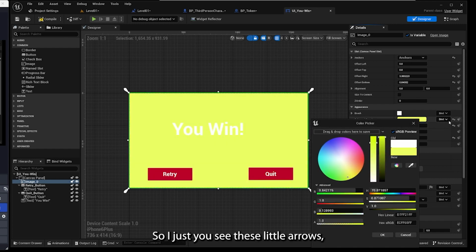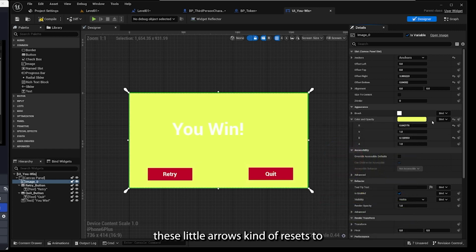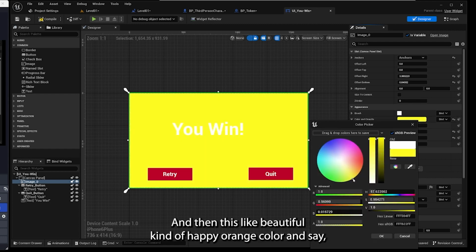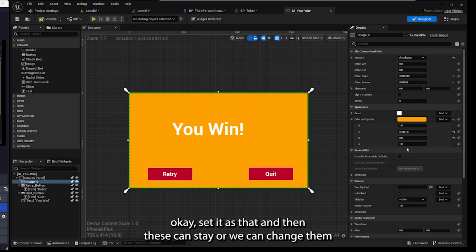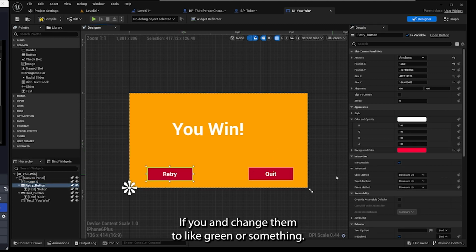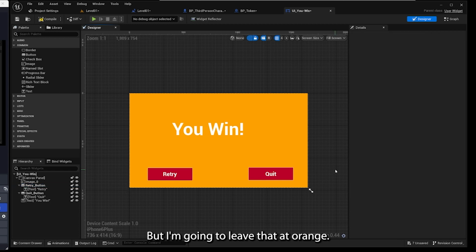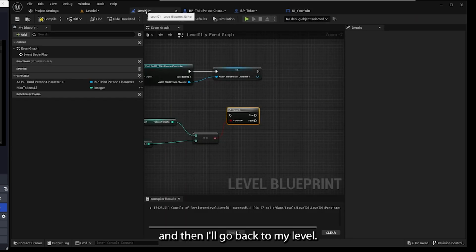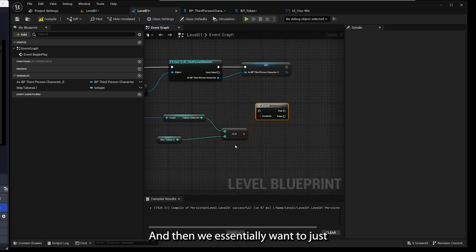Oh yeah, cool. So you see these little arrows? These little arrows kind of reset the subject. So I'll just reset it, and that's its default, which is white. And then this beautiful kind of happy orange color. And say okay, set it as that, and then these can stay, or we can change them if you want to change them to green or something, but I'm going to leave that at orange. I'm going to say compile, save,